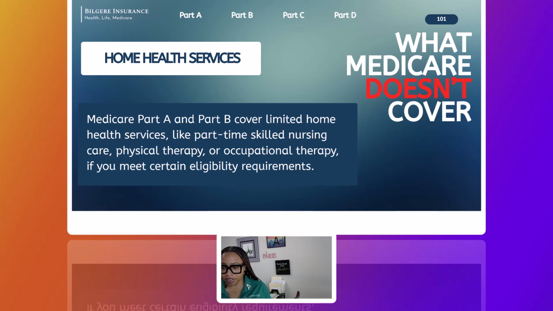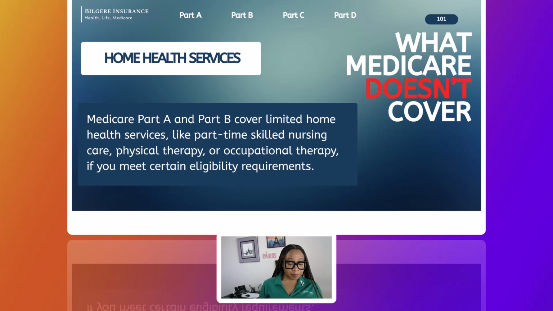Okay, so let's go over the difference between what's medical versus home health, so you get an idea. If you need medication administration, wound care, catheter care, or monitoring of vitals or health status, that is medical. That's skilled nursing care, something Medicare could pay for. Physical therapy and occupational therapy, again, Medicare will pay for.